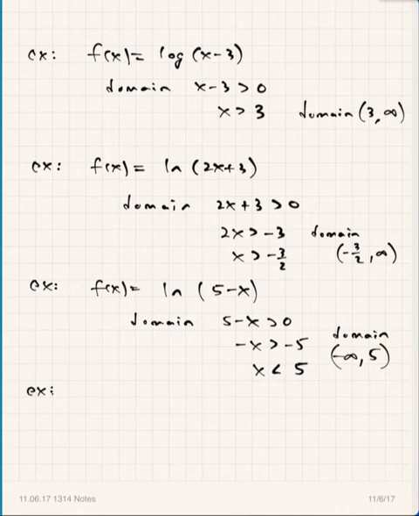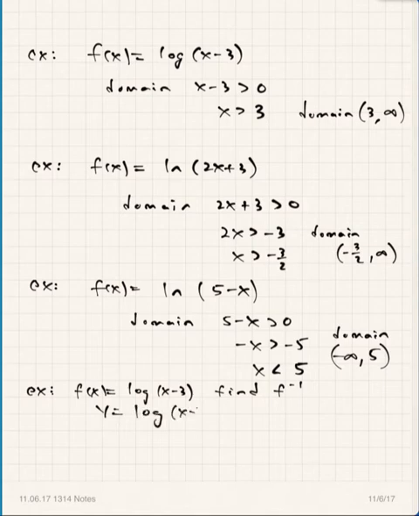So if we have f of x equals log of x minus 3, find f inverse. And we can kind of piece this together now. First of all, this is a base 10 logarithm, so its inverse is going to have to be a base 10 exponential expression. All you do here, you have y equals log of x minus 3, is use what we've talked about before for finding inverses. You switch x and y. Remember, that's what inverses do. They switch x and y, and then you solve for y.